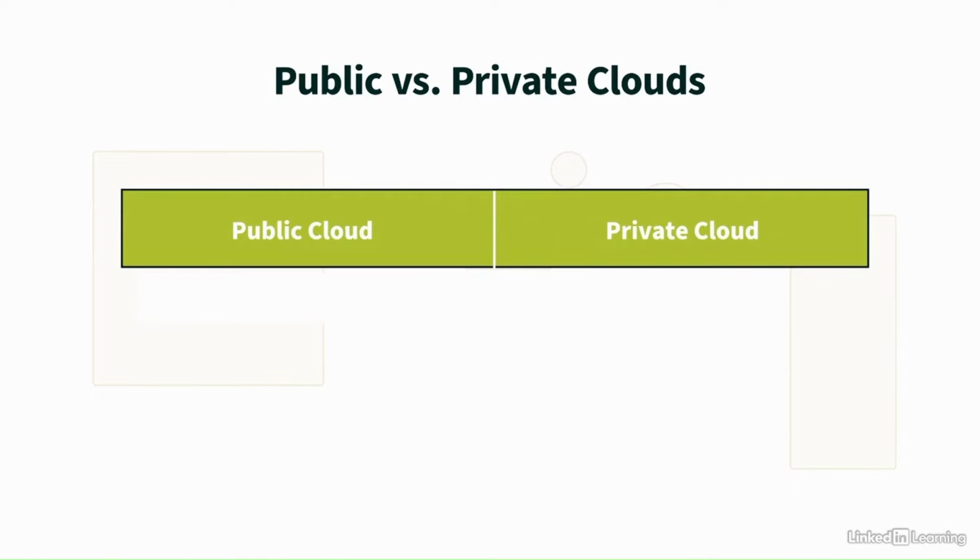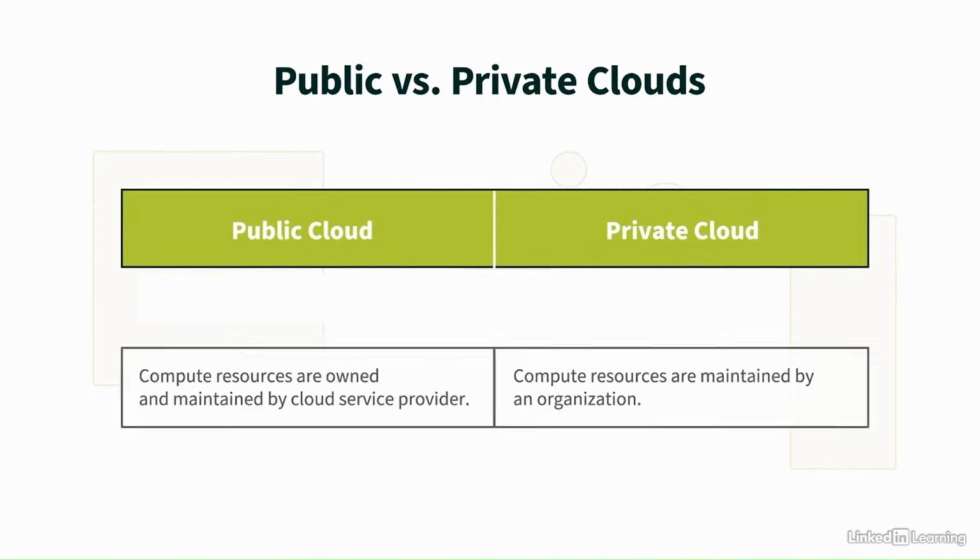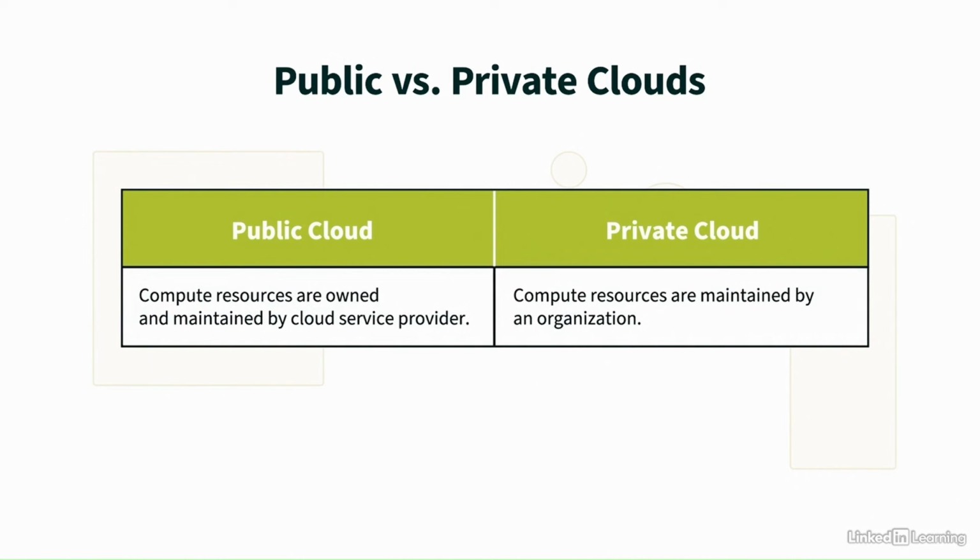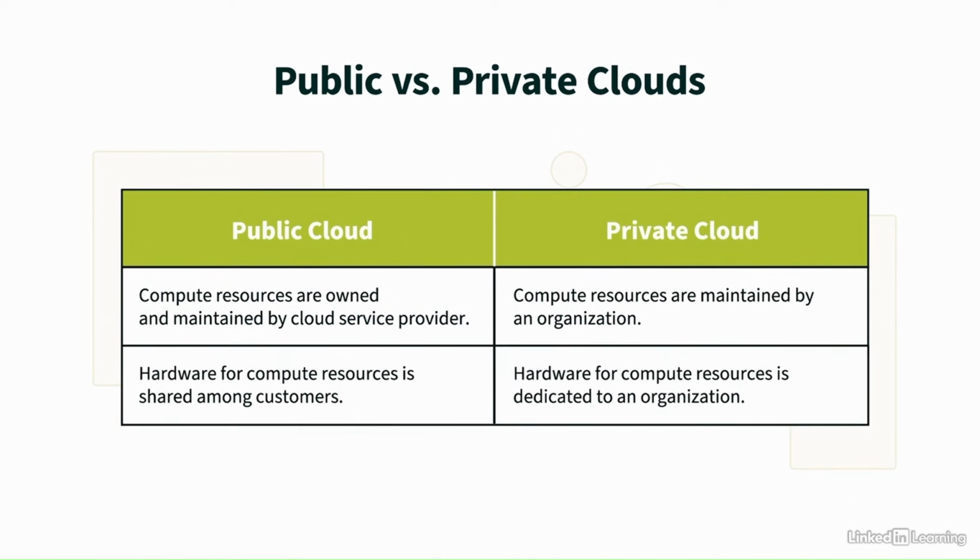Another distinction we need to make is how a public cloud differs from a private cloud. With a public cloud, the compute resources are owned and maintained by a cloud provider who shares their compute resources with multiple customers. However, we might want a dedicated set of compute resources just for our organization's use. We can have that with a private cloud. A private cloud might be hosted in our own local data center, although it could be hosted by a private cloud service provider. But with a private cloud, the resources are maintained by and dedicated to just one organization. And many organizations, they use both. They have both public and private cloud computing, and that type of deployment is called a hybrid